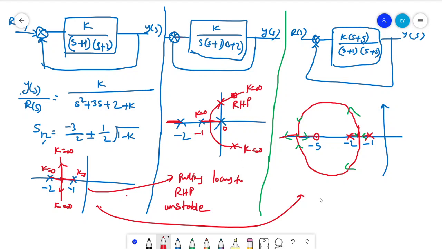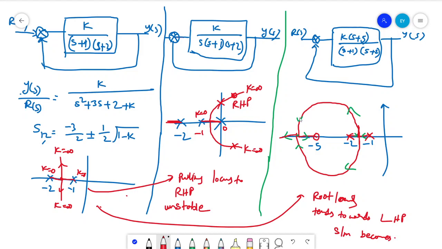So adding an extra 0, what happened? It makes the root locus tend towards the left half of the S plane, the LH plane, and the system becomes relatively more stable than this, because the locus is pulling those two poles towards the left side. If the locus is tending towards the left side, the system is more stable than with poles going towards the right side. So relative stability comes into the picture here.